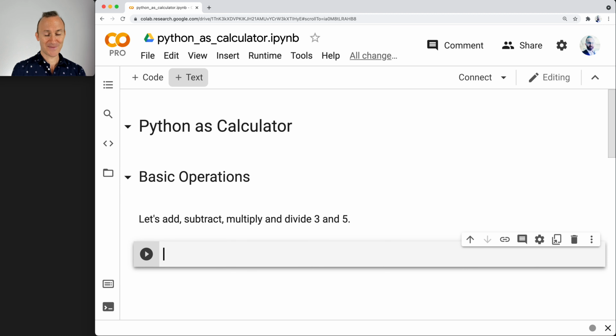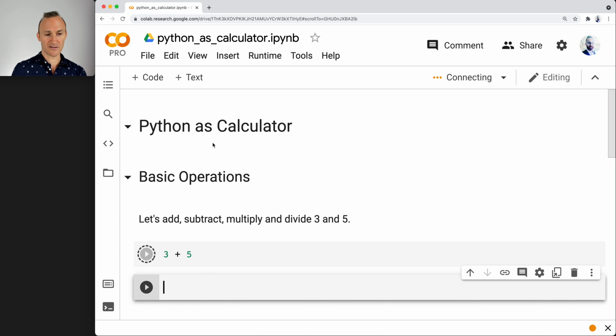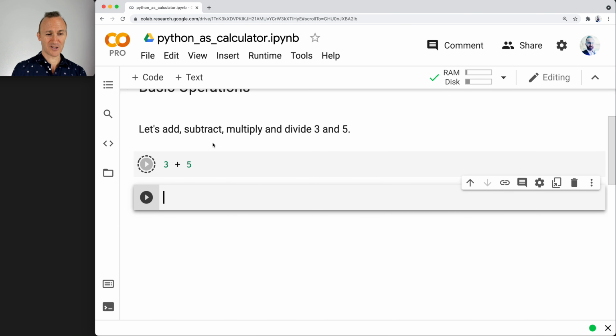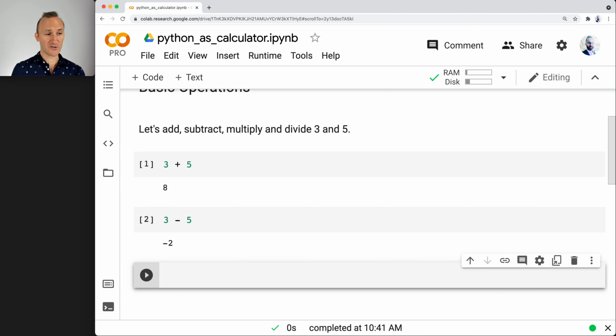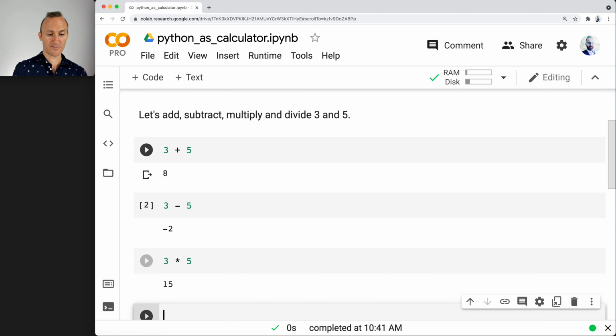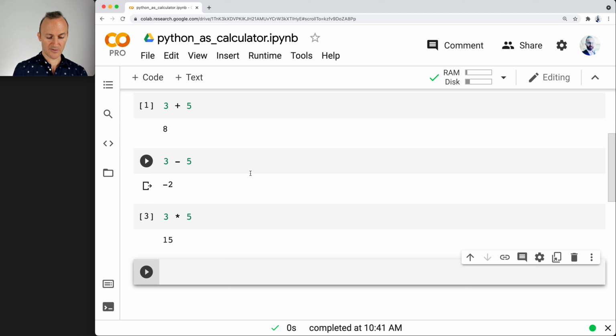So here we go. To add 3 and 5, well, makes sense to try 3 plus 5, right? Press Shift Enter to run it. And in fact, as I wait for that first cell does take longer, you see I get the number 8. Great. Certainly I can do 3 minus 5. Using the minus sign, get -2, which is correct. And then 3 times 5. The asterisk is actually standard for times. Press Shift Enter, get 15,